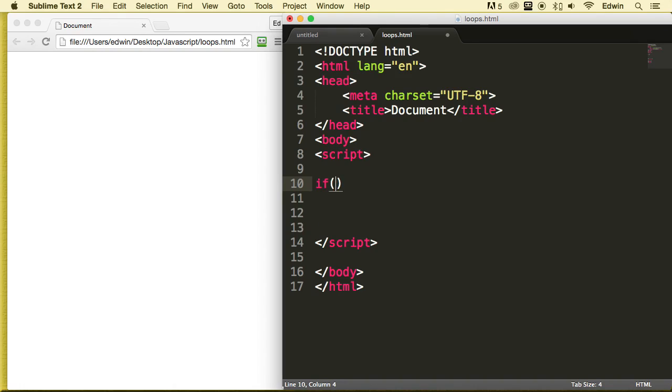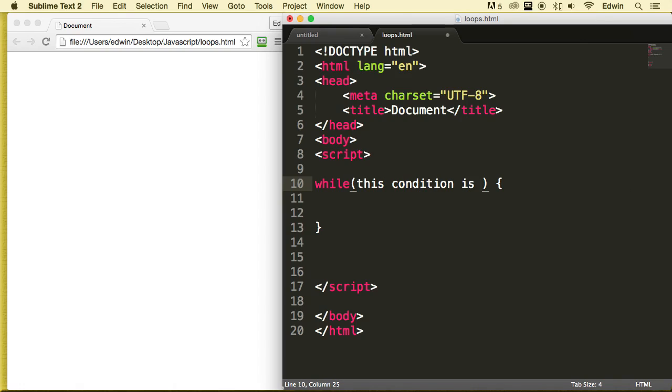First of all, let me just show you that it's very similar to an if statement. We talked about the if statement, and we said that if this condition is true, then we execute everything in the middle of these brackets. Well, the while statement is very similar. We replace the if keyword with something called while, because this is going to get repeated over and over again. So while this condition here